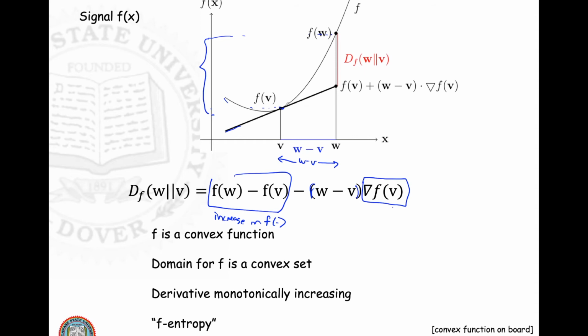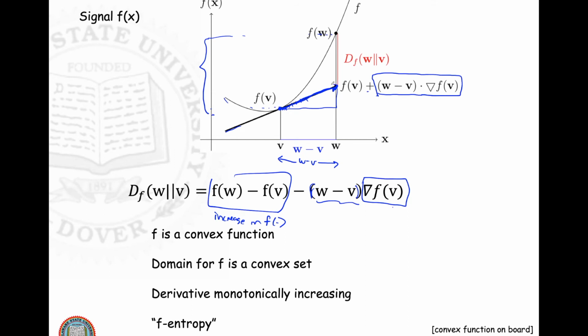And if we were to project forward along that tangent, a linear projection going forward some distance w minus v, that's in this direction along the tangent, where f of v is evaluated. And so if we project that forward, that particular point here is going to be f of v plus this projection forward. And so we take the gradient of f at v and we project forward this delta,